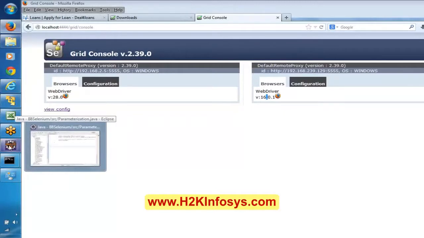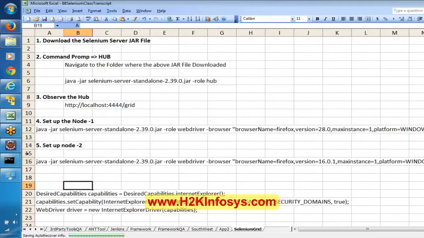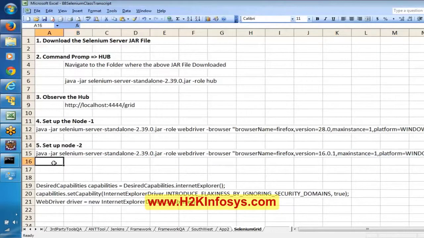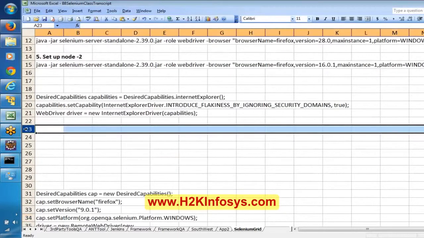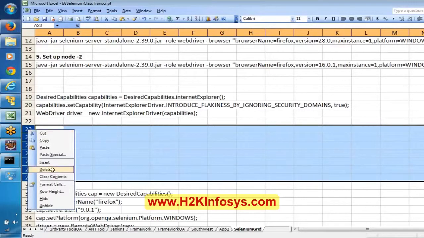Now we'll go to the Selenium script. We have to customize a bit of our Selenium script. This is the logic over here. Now there is a concept called Selenium desired capabilities. Let me explain about this, then we'll go for the script.